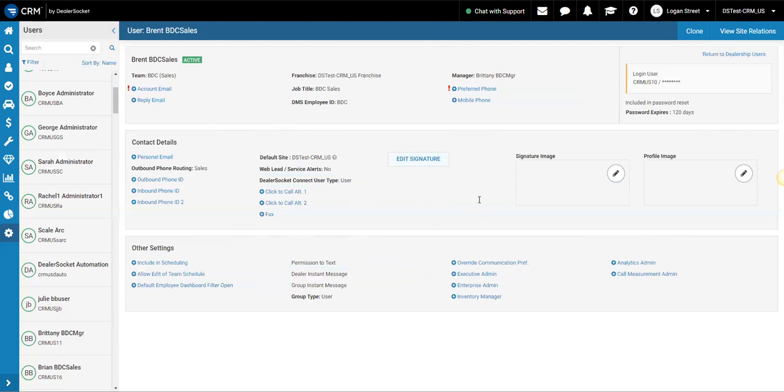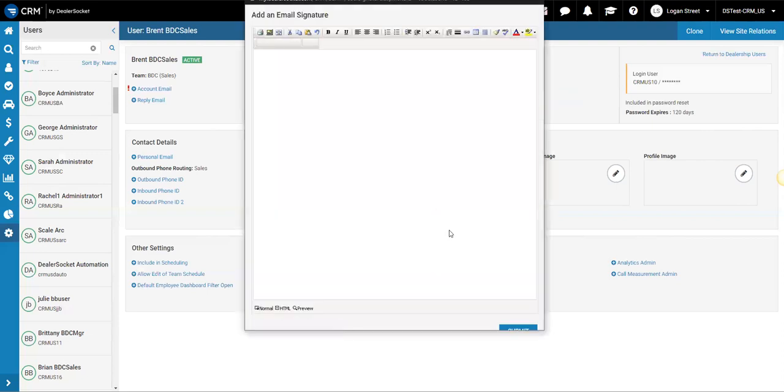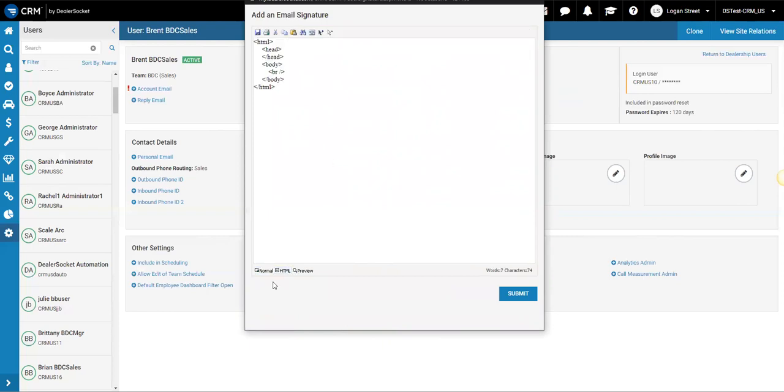The last thing that I'll add really quick, this is dependent on how your dealership sends emails. If you guys are always using the blank template that should have been provided by your Dealer Socket CSM or at install that has kind of a signature built into it, you don't necessarily need to edit the signature. But if you guys have individual signatures for all your salespeople that are unique, you can go ahead and click edit signature and add a signature for that salesperson. This can be done via simple text. You can create your own HTML file, make it look even more professional, those sort of things,